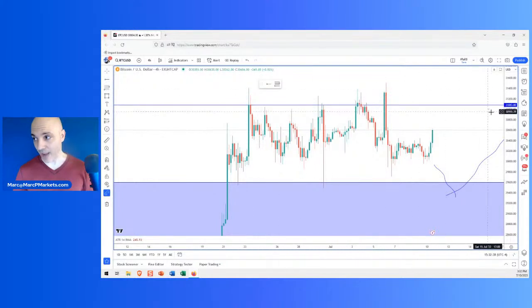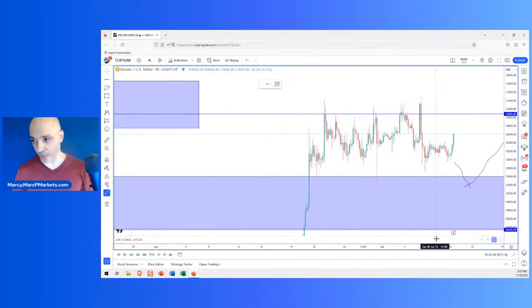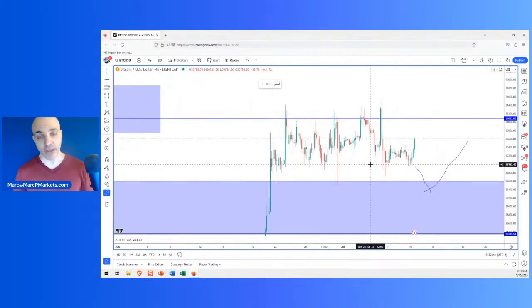Now, it may break out, but we don't know if it'll break out. There's no way to know. If you want to give it a chance to break out, well, you're on the side of the broader trend, but I would not really have high expectations of that. That's why it's wise to maybe take something off the table and then let some ride if you want to be more aggressive. That's all about trade management. That has nothing to do with analysis.